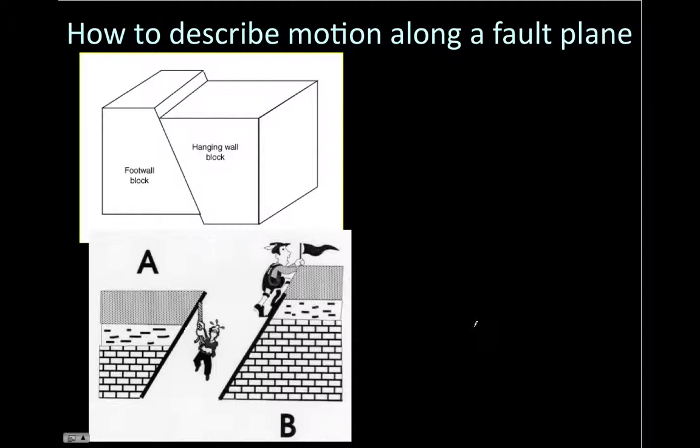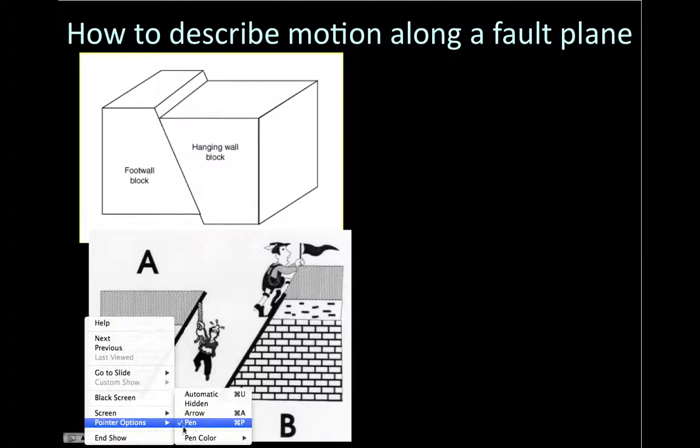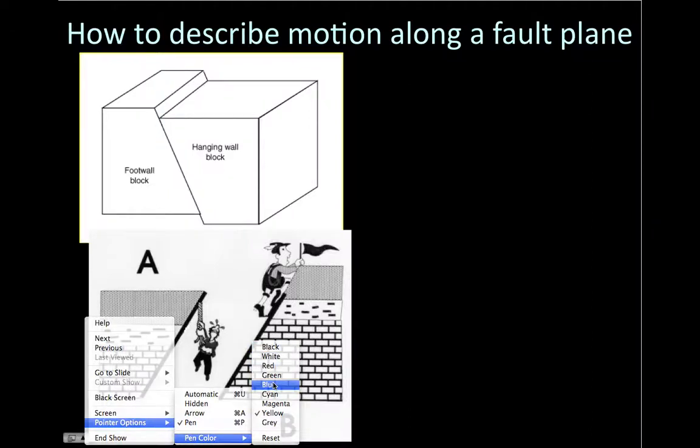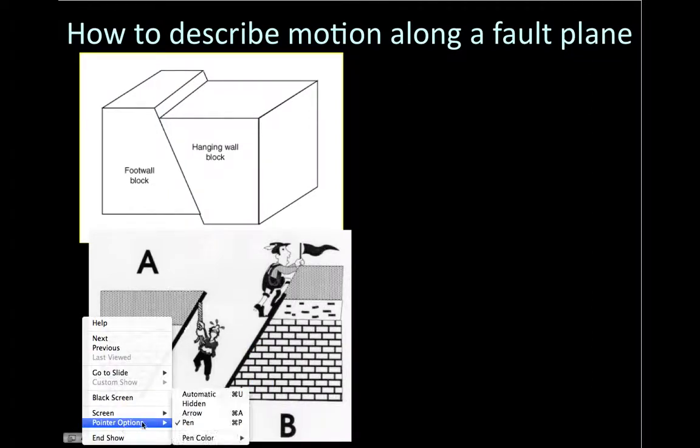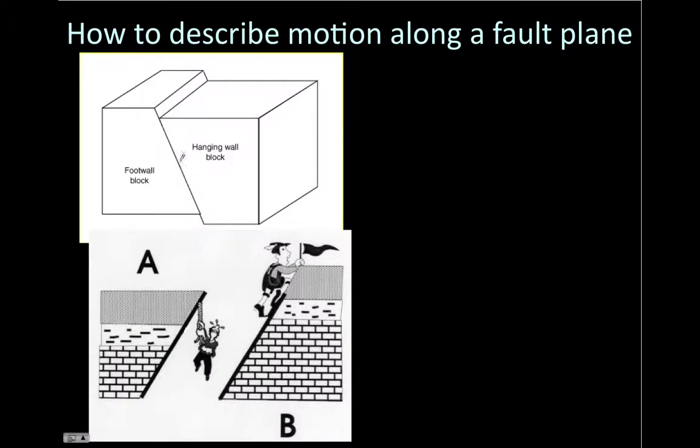Now, when we want to describe the motion along a fault, we describe this using what are called a hanging wall and a footwall. And what you want to imagine is if you take the fault plane surface and you put a person on the fault plane. Let me just change the color of my pen so we could see it on this diagram. Let's make it blue. So if you take a person and put them right here on the fault plane,